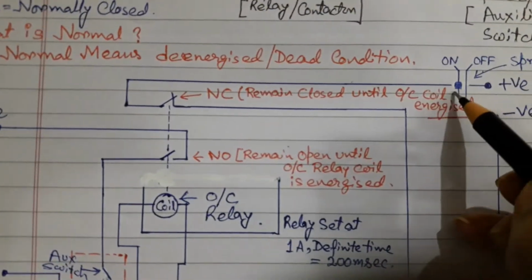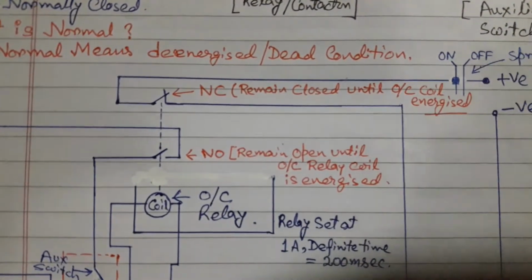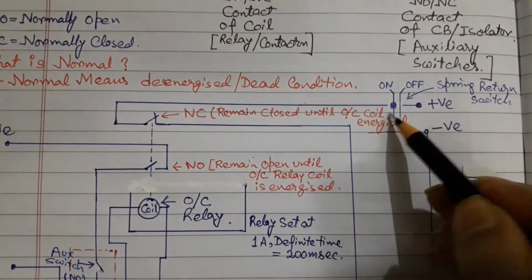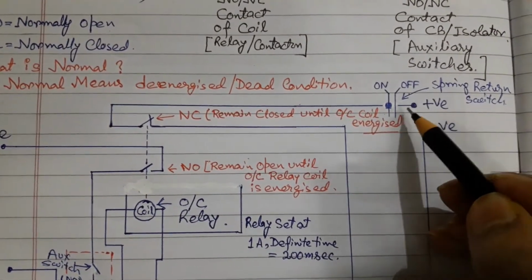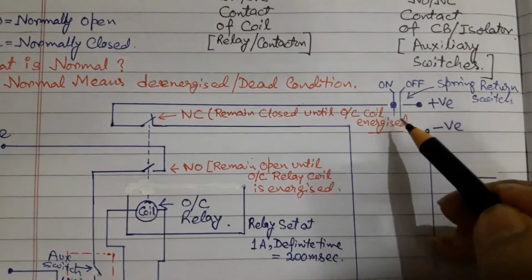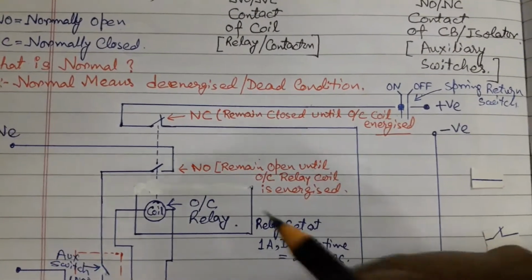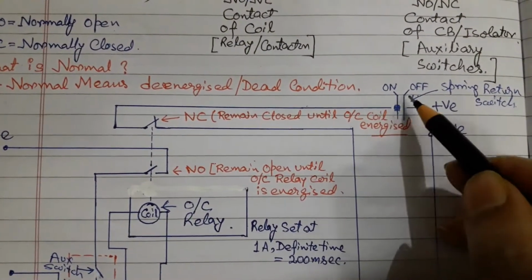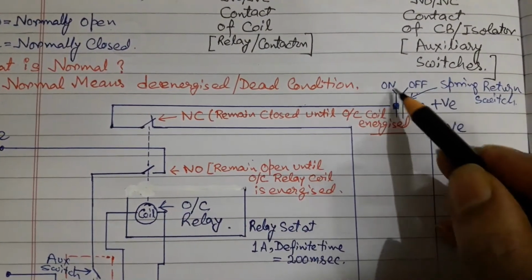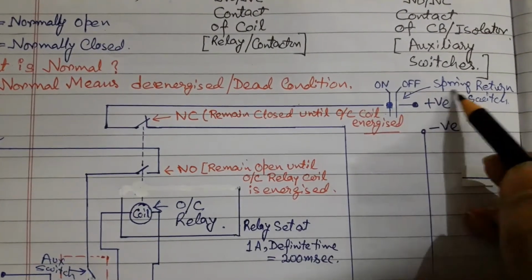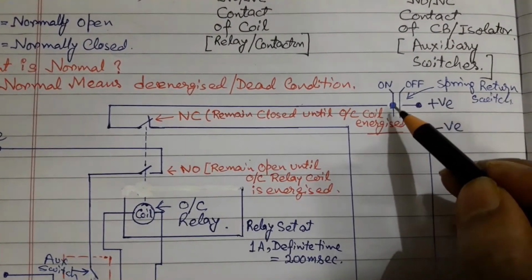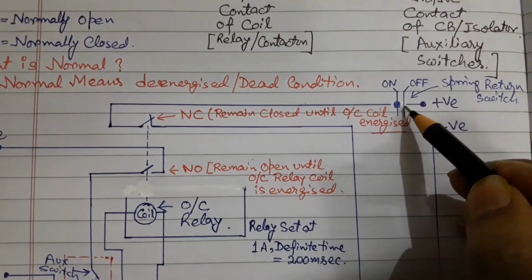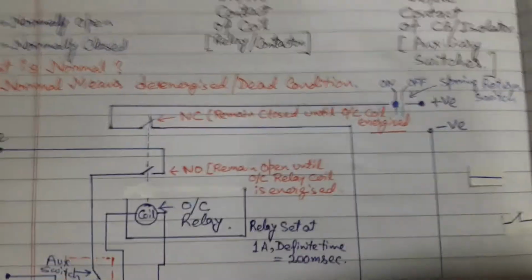This is one switch and this is a static contact. This contact cannot change by itself without the help of any human interface. Now let's switch on this circuit breaker. For that we will put this switch in on status. This is a spring return switch. So after one close pulse, this will become off.